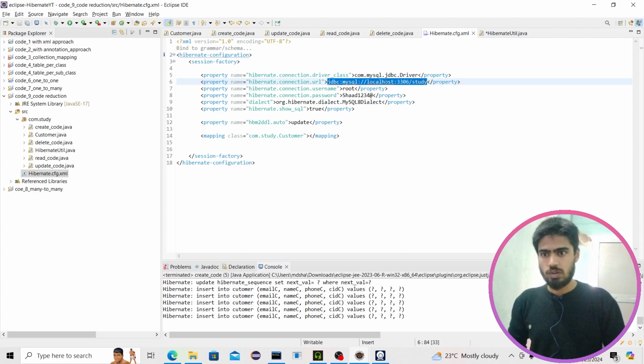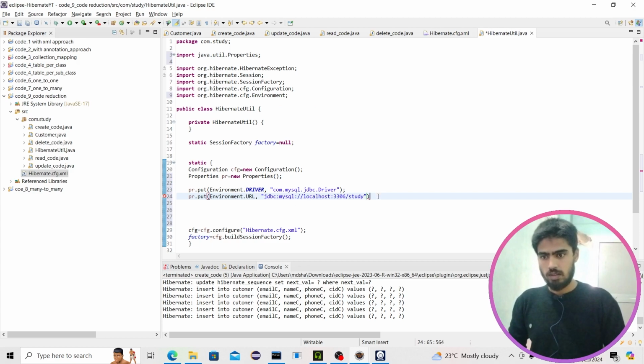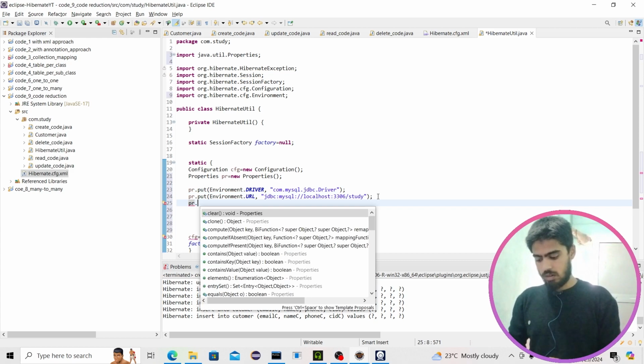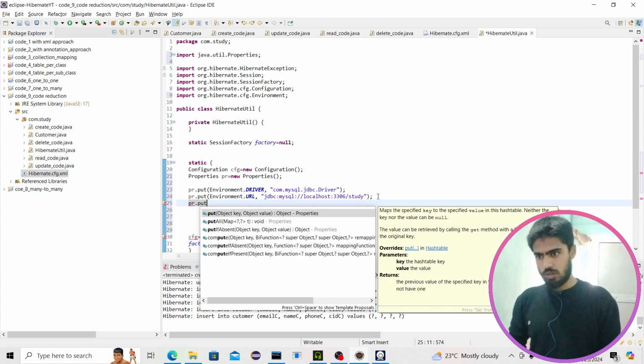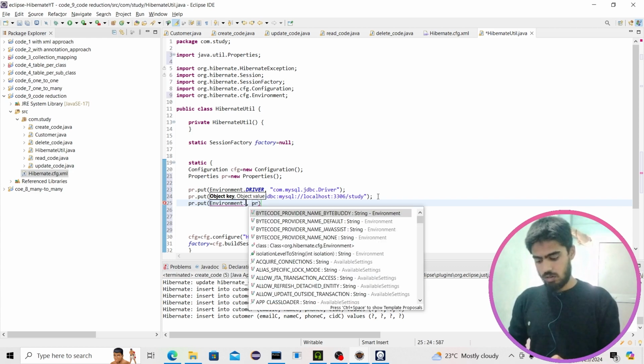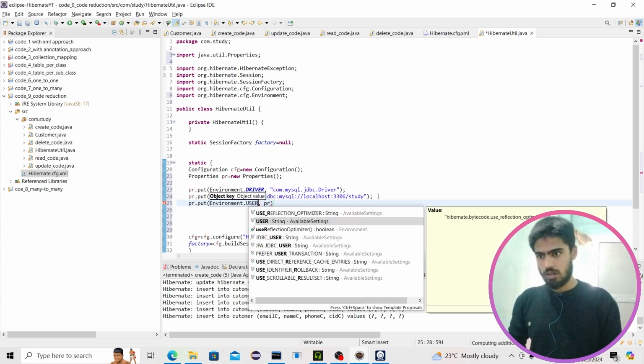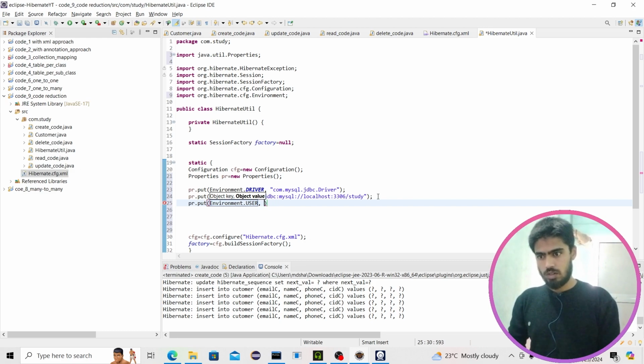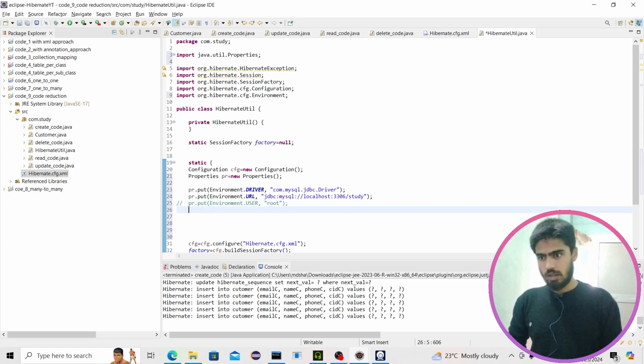This URL is for MySQL. If you want, you can provide one for Oracle. Same pr dot put Environment dot USER. Inside user, as a string you have to provide the username, which is by default root for MySQL. In case of Oracle, that is system. You have to provide